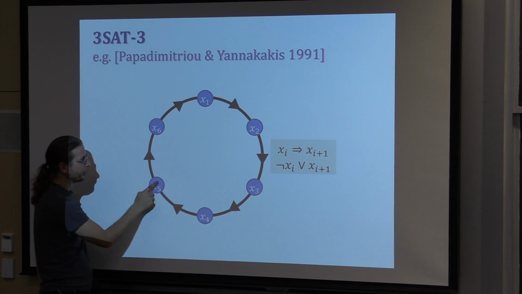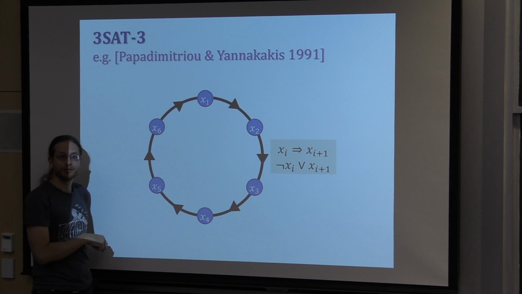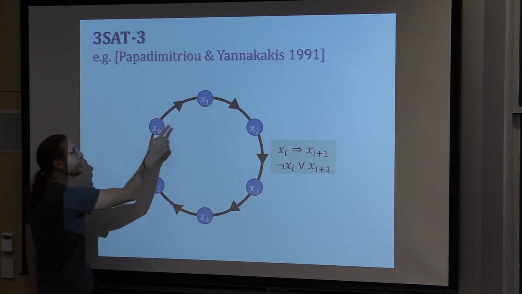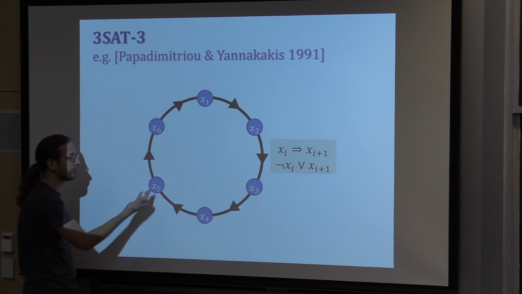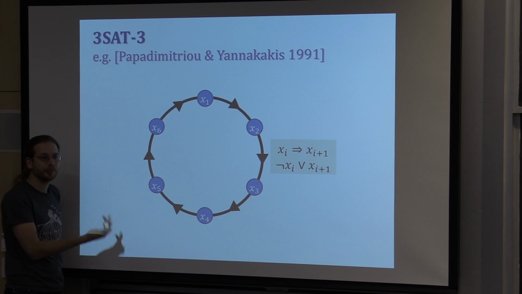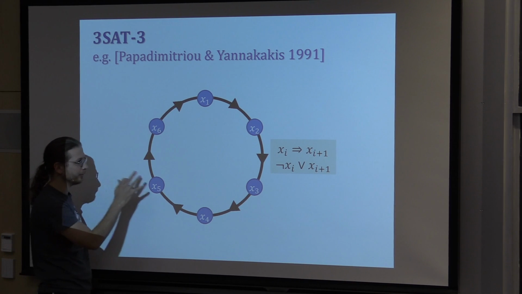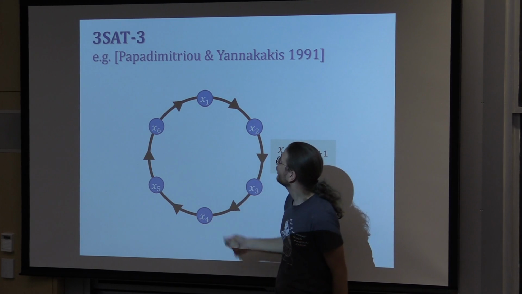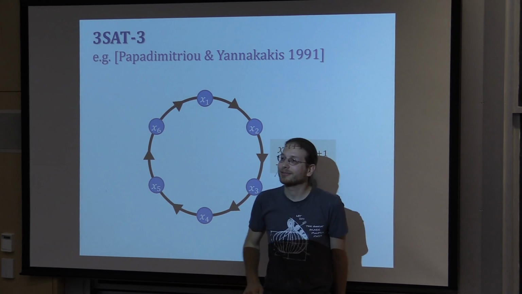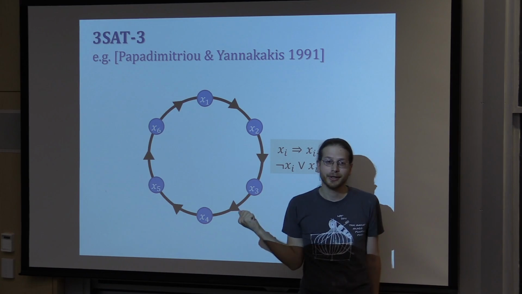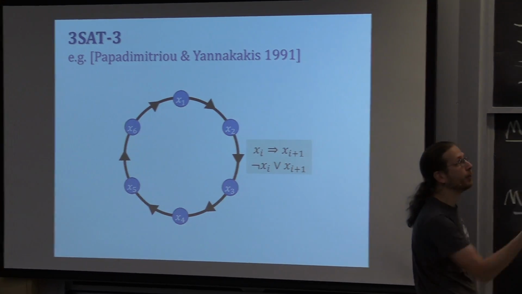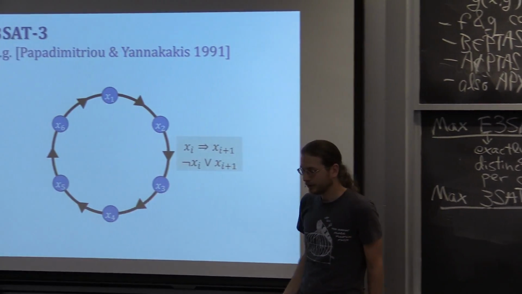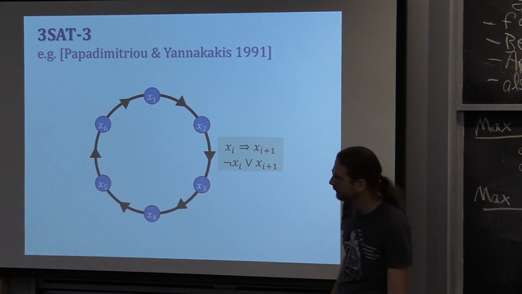constraints, this one, and whatever you want to plug it into. Right, so each of these was an occurrence of that variable. Maybe you use the positive form, maybe you use the negative form, but each variable appears 3 times in this picture. Now, that's a great reduction for 3SAT3. Notice I didn't write max, because this reduction will not work as an L-reduction, say. You cannot prove that max 3SAT is hard using this reduction because